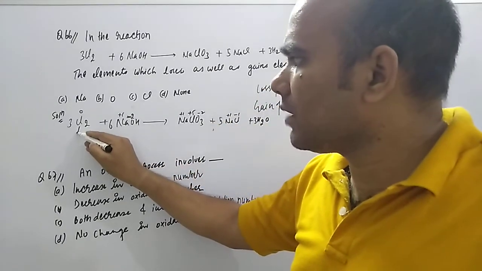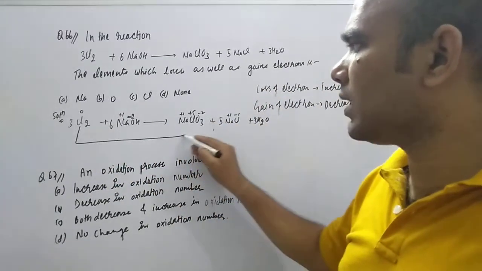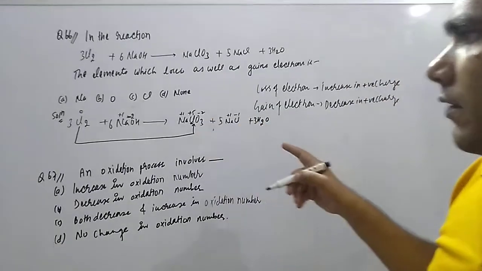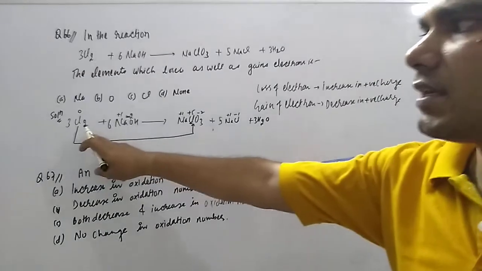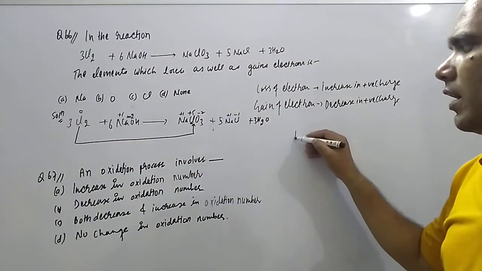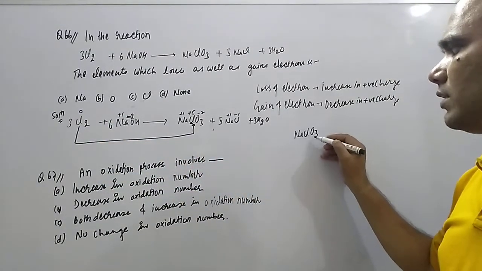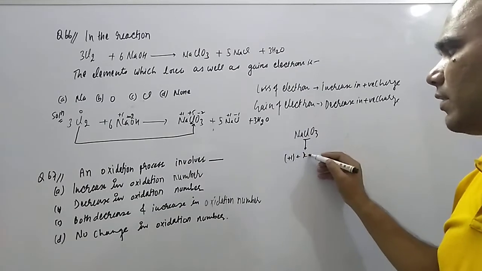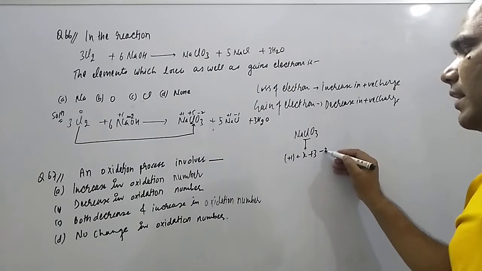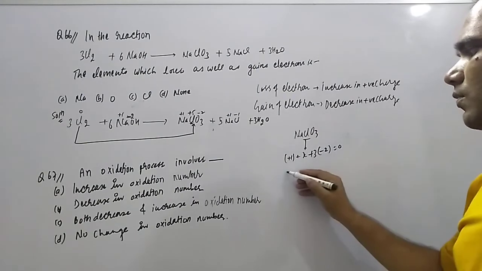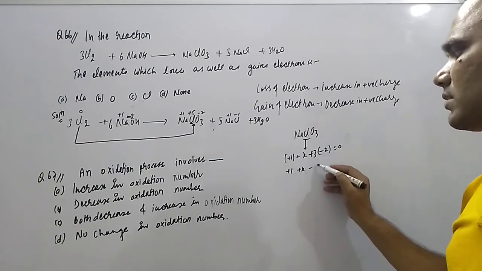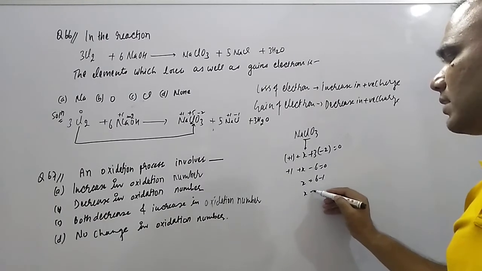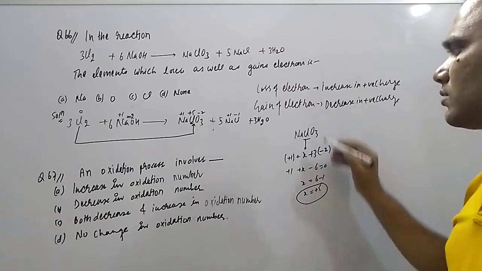So that is chlorine. If you are talking about 0 to +5, how +5, student? If you are getting confused, in the free state that is Cl2, it is 0. If you are talking about NaClO3, you consider Cl as X, sodium is group number 1, that is +1, there are 3 oxygens, and each oxygen has -2, total equal to 0. So +1 plus X minus 6 is equal to 0, so X is equal to 6 minus 1, so X is equal to +5.